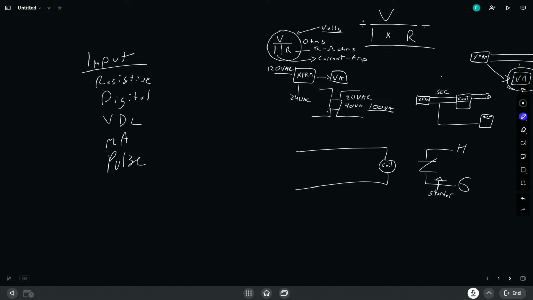How you measure volts DC and milliamp is a little different. With volts DC, you can simply measure across the contacts and say, okay, this is 5 volts. Whereas with milliamp, you either need an amp clamp to detect that current, or you need to measure that current in series. So volts DC, you can measure in parallel. You can put your multimeter leads across the wires and call it a day. With milliamps, you either have to have an amp clamp to sense the current, or you have to measure in series.